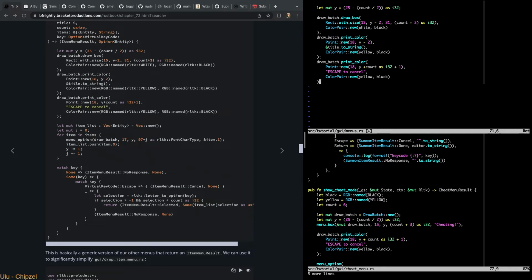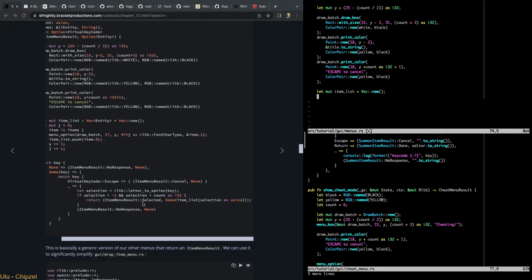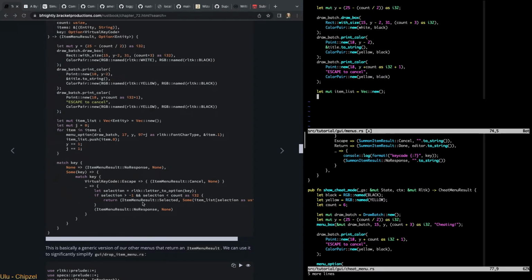We're going to create a new vector, and let Rust infer it, and then we have this J. Do we need J down here? No. So where do we use J? We use J here,